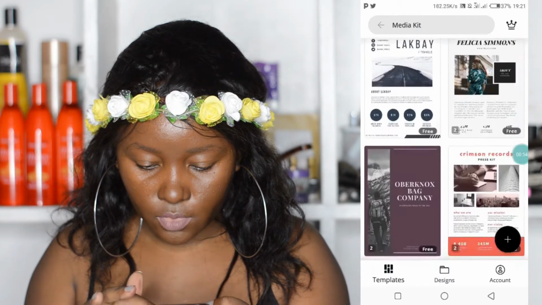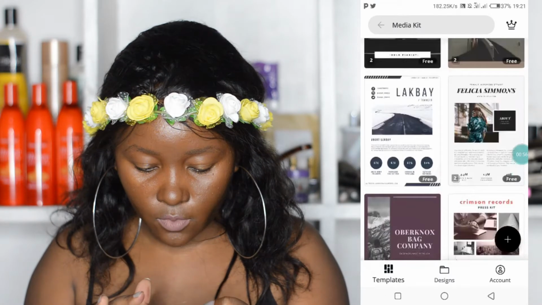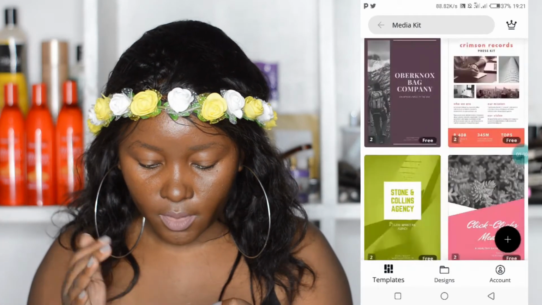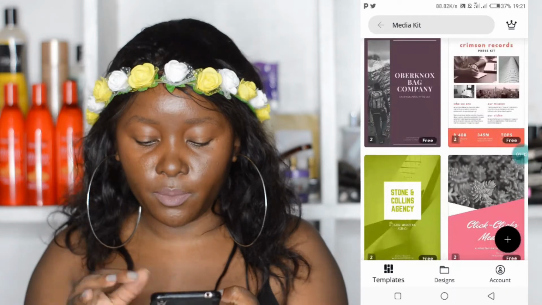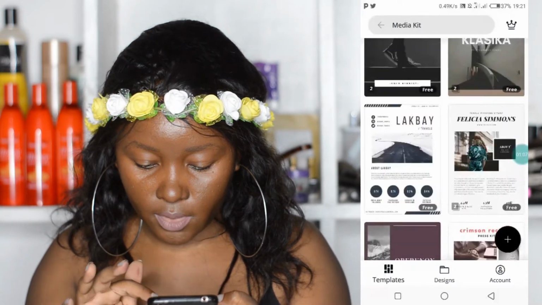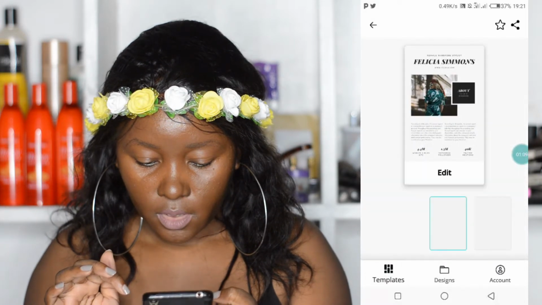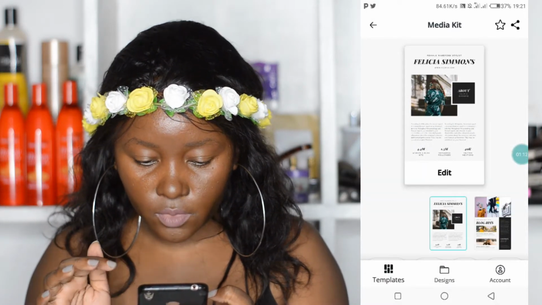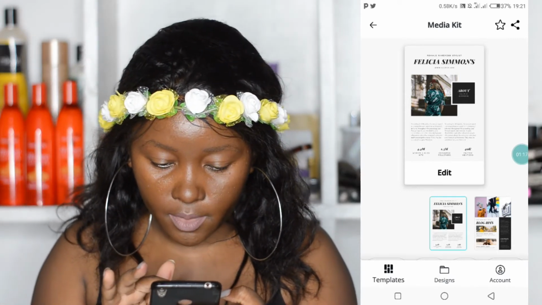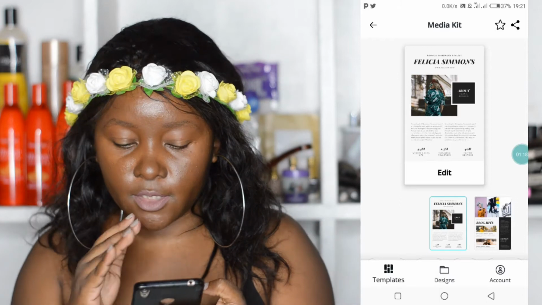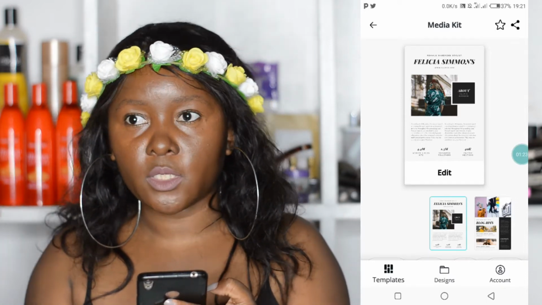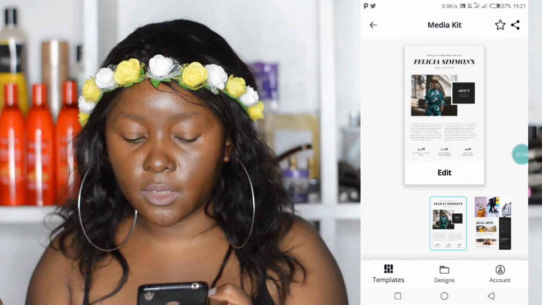So you choose according to what you think, and if you are on free, I use the free one. There are those that are free, and there are those that you pay for. It's not a big deal. So let's go to this one. So this is a media kit. In the media kit you see here, female wardrobe stylist, she's a stylist, so she has written at the top who she is. So you can say a content creator